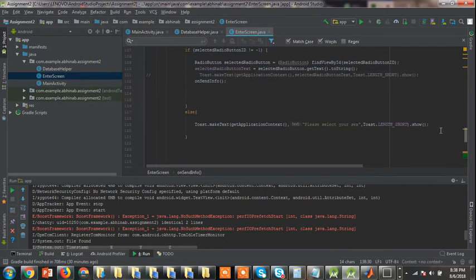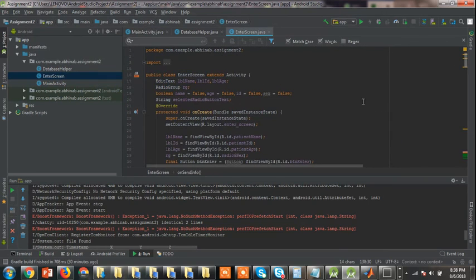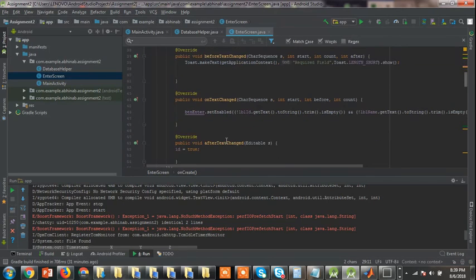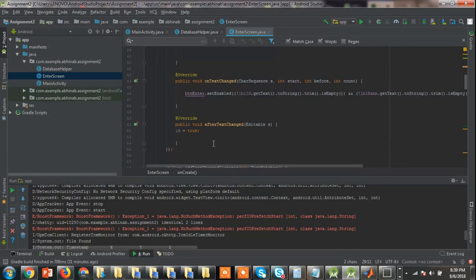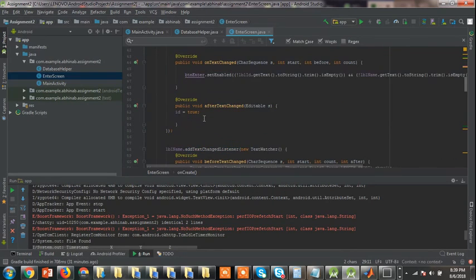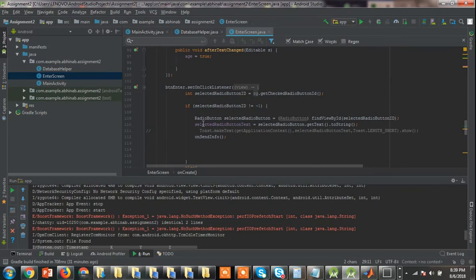So I'm going to give you a brief code walkthrough for our app. It starts with the enter screen page. Here we basically take the name, ID, age and the gender of the patient, and then we have added a few checks so that all the values are entered, and upon click of the enter button we basically pass an intent to